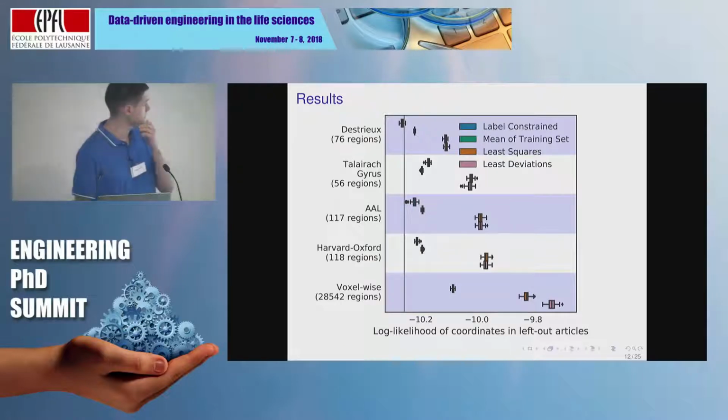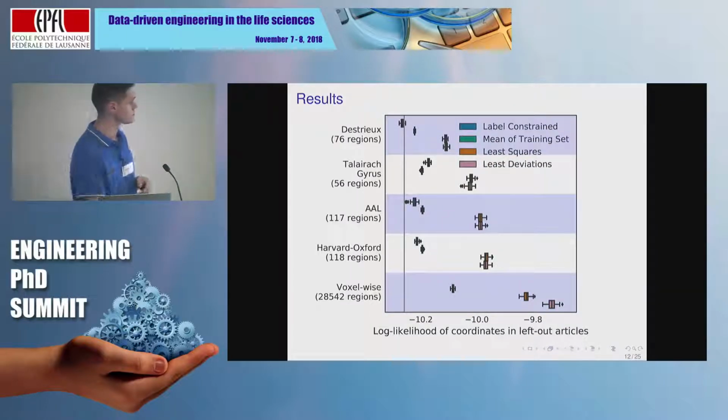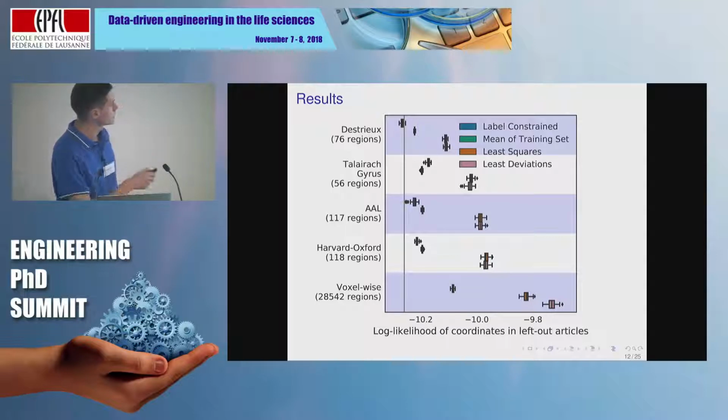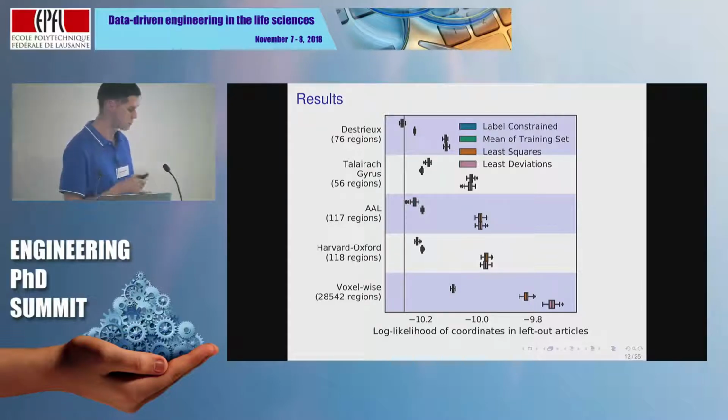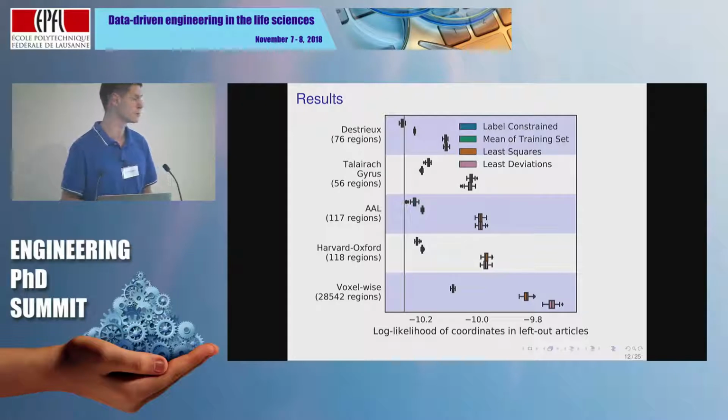So this enables us to obtain some scores that I show here. This is log likelihood, so more to the right here is better. And here I show different groups; each group corresponds to a different way to discretize the brain. Because we predict a density over the brain, in order to do this, we cut it up. We have to divide it into regions. So we can either use a grid of voxels or anatomical regions that have been segmented manually. And in this case, we would predict a probability for each region.